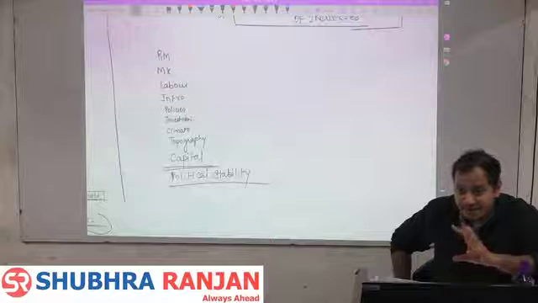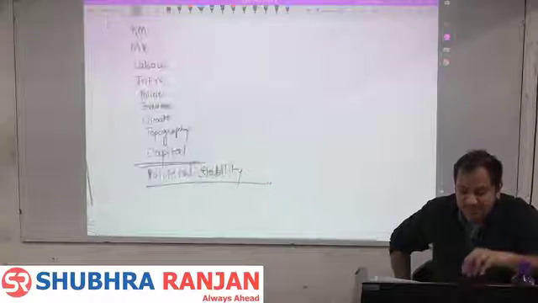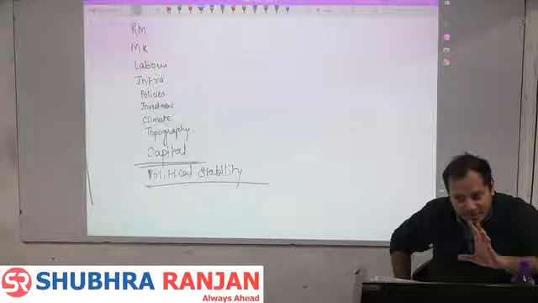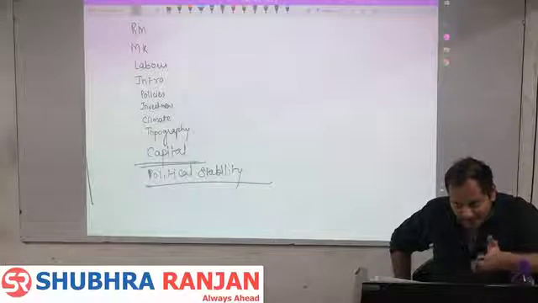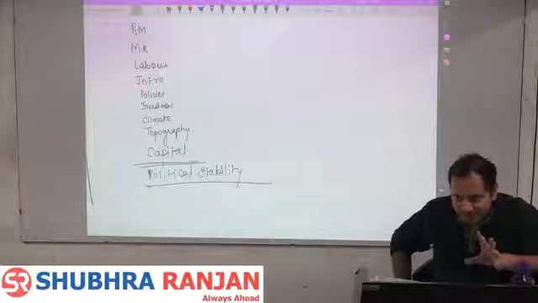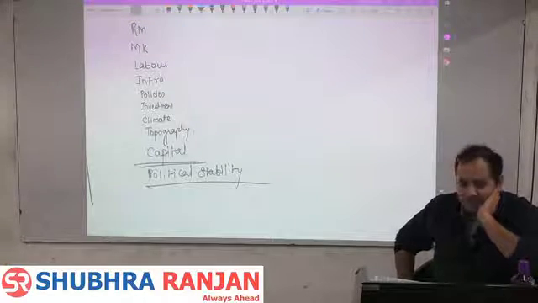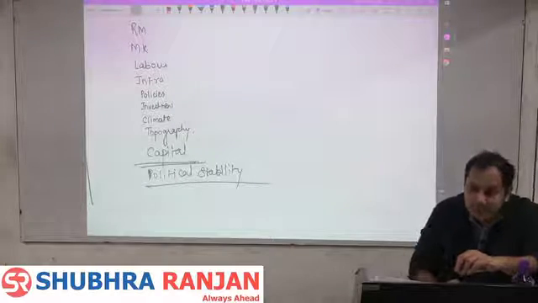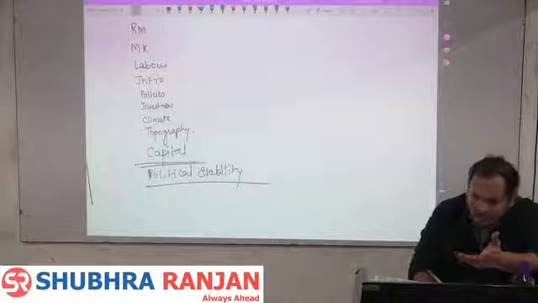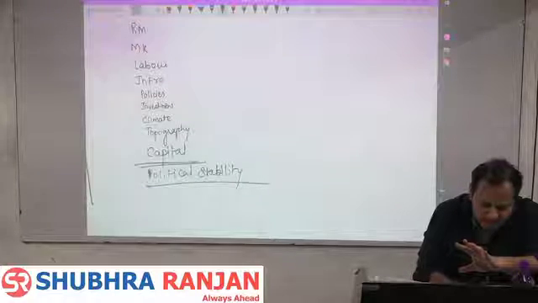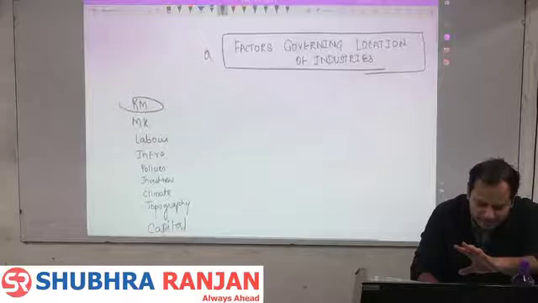Political stability of the nation. Political stability determines inflation, purchasing power of a rupee versus dollar, and that decides whether there will be money, there will be foreign direct investments or not. Right? So, look, global demand and supply. So, you just try to understand what are the factors that govern the location of the